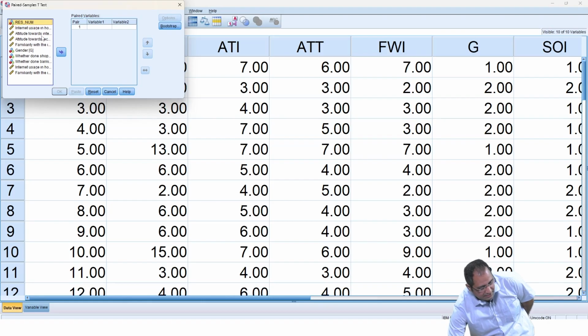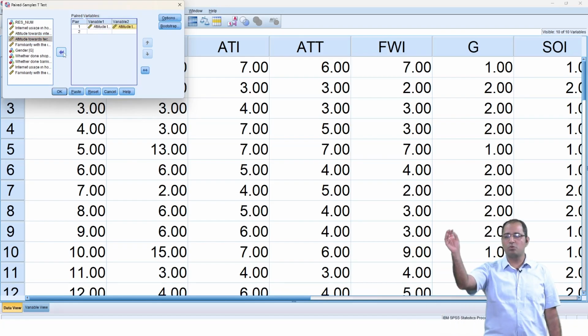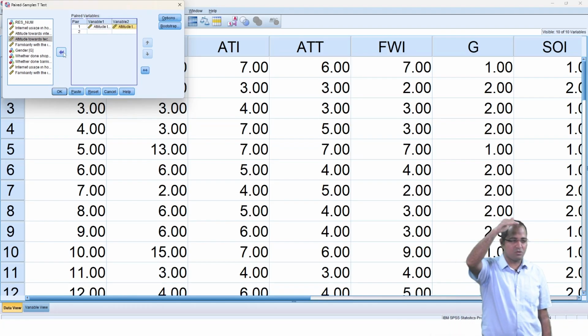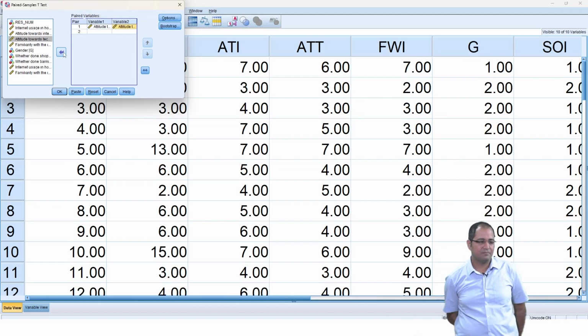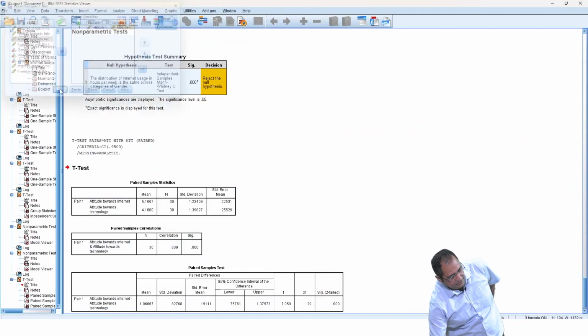Attitude towards internet and attitude toward technology. So you have variable 1, variable 2 in the same row for pair number 1. You want only that: attitude towards technology, attitude towards the internet. And if you click OK,